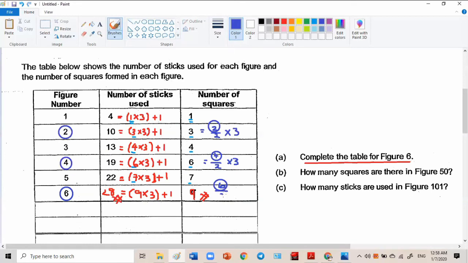6 divided by 2 is 3 times 3. Haha, we got our 9 here. Just now we got our 6 here. And we got our 3 here. So needless to say, if you want figure